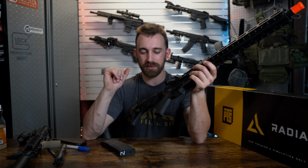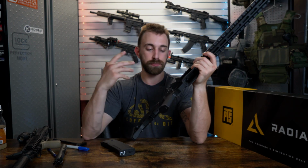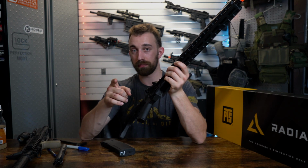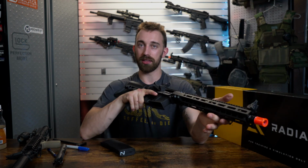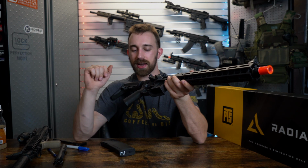You won't have any unused sling mounting systems unless you specifically choose not to go with the one they provide you, which means if you like a 1-point sling, you've got this option, or you go with the specific 1-point sling that you prefer. If you prefer a 2-point sling, you've got an option here, and then whichever attachment loop you prefer, you can grab that, throw that wherever you like on that full length of rail system, and you're good to go. On the negative side of things,